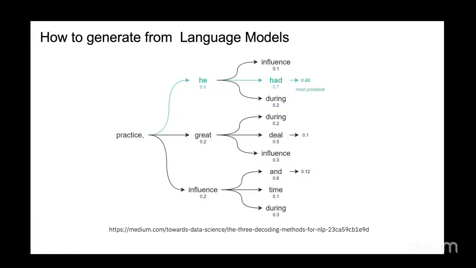First, the model sees a huge corpus of text. It tries to reproduce that, and based on reproducing the text, it learns the semantics and inner workings of a language. Once it has learned that, I can ask the model to do certain tasks. I can give a sentence and ask it to complete it. What it does is take the words and try to generate the next set of words. Given the initial sequence of words and the generated word, it generates the next set of words, and so on and so forth.